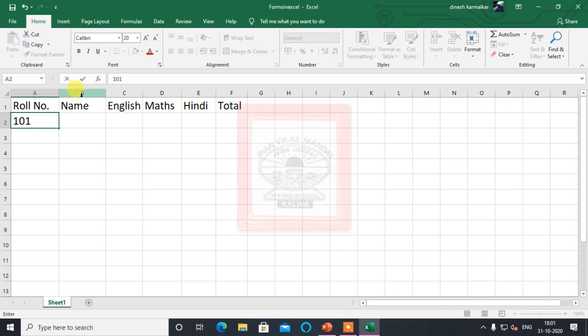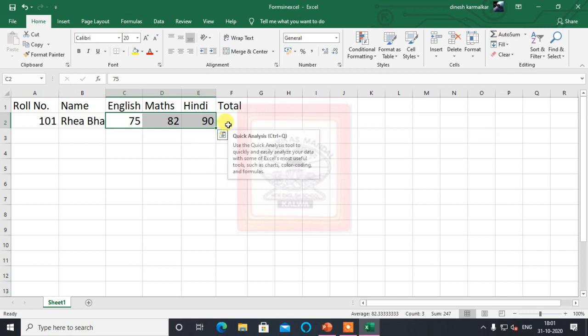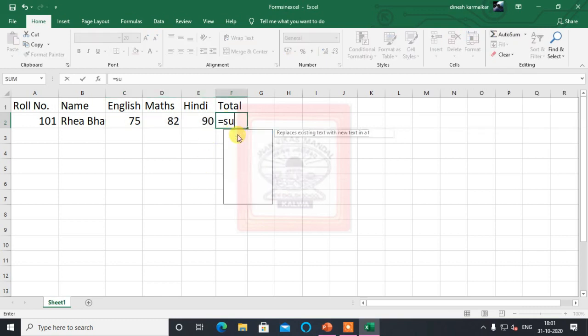Normally we enter it like this, and the total we can find as usual from auto sum, or we can use the equals sum function.